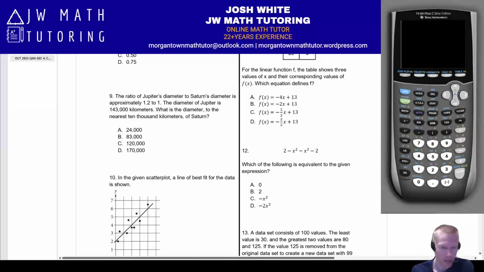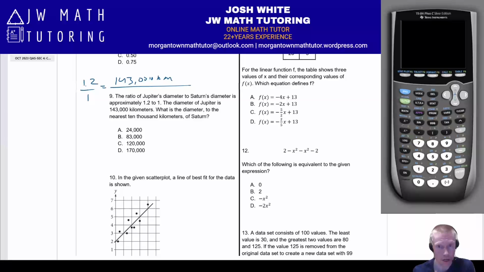Below that, problem number 9. Here we just have a basic proportion problem. They give us the ratio of the diameters of Jupiter and Saturn, 1.2 to 1. The diameter of Jupiter is 143,000 kilometers. What's the diameter of Saturn? We can set up a proportion like this: the Jupiter values are on top, the Saturn values are on the bottom. If you cross multiply, you get 1.2x equals